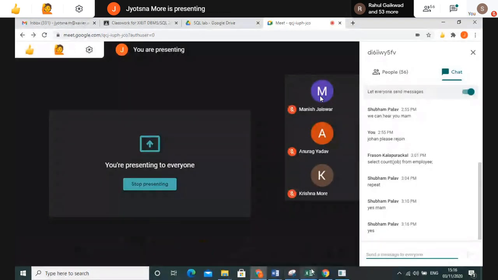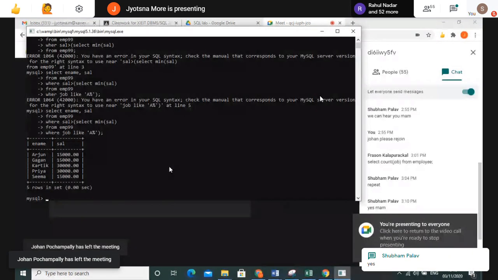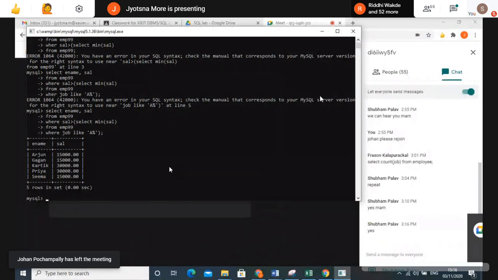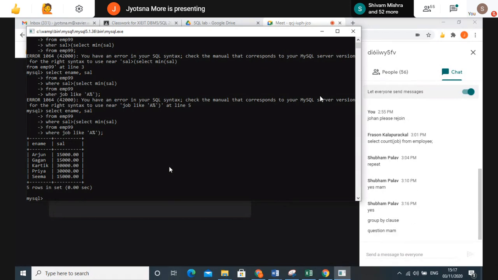Okay. See, Shubham, in this previous question, we have to find out the employees whose salary is greater than the person in that company who is holding a job post with a name starting with A, and from all those holding a job post starting with A, the one having the minimum salary.